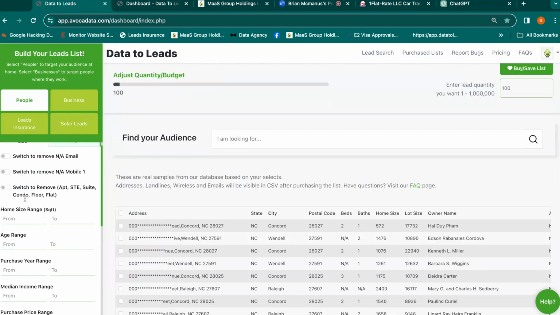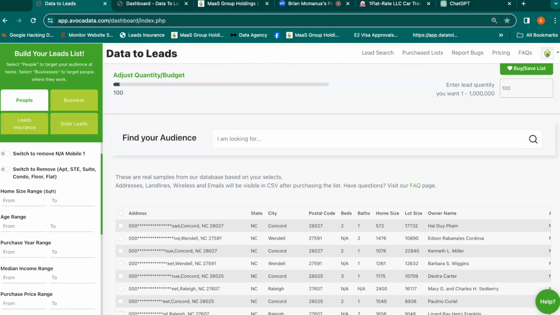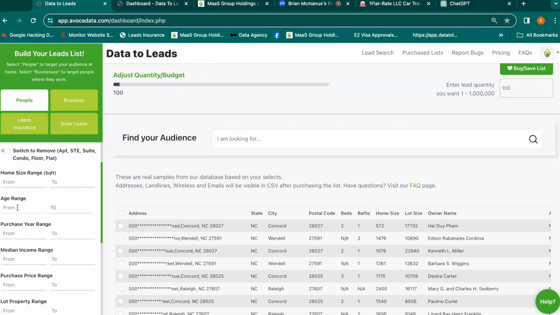So let's focus a little bit on insurance. Some different rules I like to use: I typically look for people under the age of 70. It makes life a lot easier, and I'll do a range of 26 and up. If you're working on health insurance or anything that is age determinate, if it's health insurance, I'll move it to 60. You have the ability to filter these age ranges entirely.